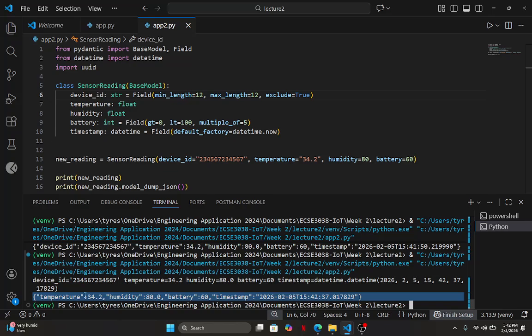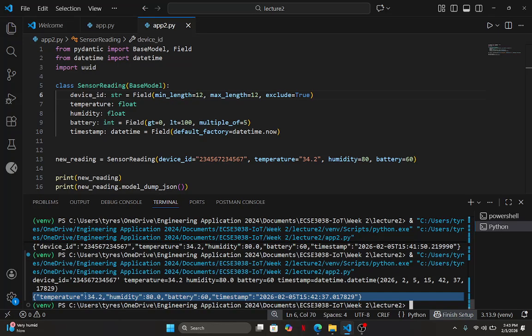Oh, it's printed here, but not here. That's fascinating. I have two prints. One prints the object itself and one prints the object in the form of JSON. It did not include it when it was printed as JSON. I guess that makes sense, because right here I'm just printing the object as it exists, and here I'm printing a dumped version of the object. So I'm just printing it exactly as it exists without making any changes, but when I'm printing the version of it that I'm going to send back, it's supposed to exclude it from there. Yeah, that makes sense.